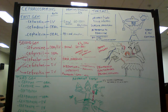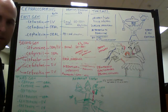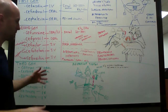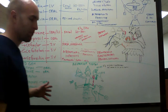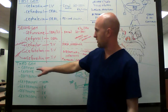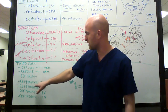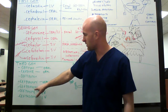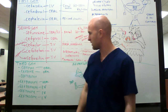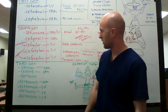So we'll move on to the third generation, which are down here. And so to remember these ones, I drew one big picture that kind of includes them all. I'll name them first, say whether they're oral or whether they're IV. So we have cefixime, cefdinir, ceftibuten, cefpodoxime, ceftriaxone, cefotaxime, and ceftazidime. Okay, so there's 3 oral and there's 3 IV, and